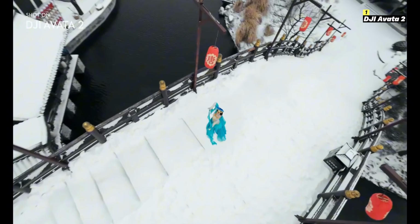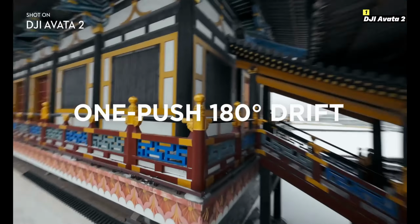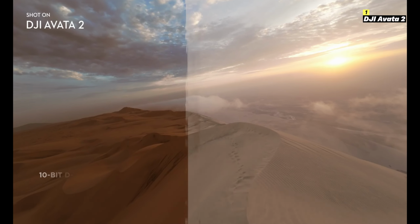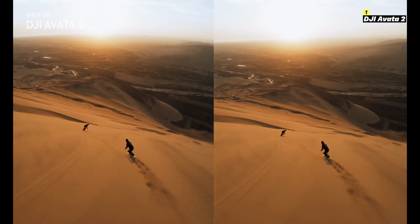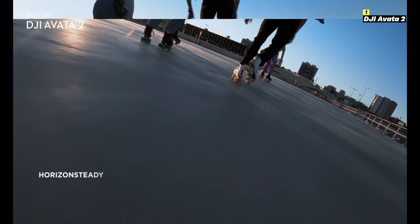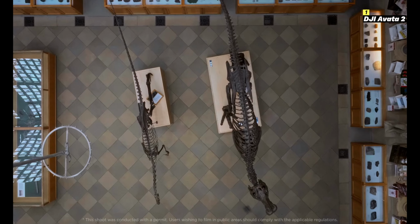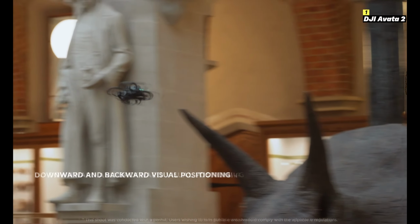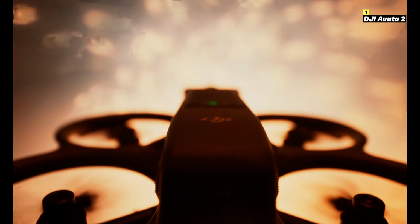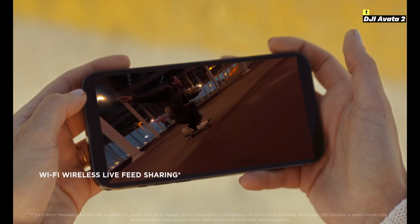for ultra-smooth footage. Whether you're racing through narrow paths or filming cinematic aerials, the Avata 2 ensures your shots are sharp, vibrant, and dynamic. The drone's upgraded transmission system provides crystal-clear video feed with ultra-low latency, allowing for precise control and an immersive flying experience that makes you feel as if you're soaring through the skies. With an extended battery life, the DJI Avata 2 lets you enjoy longer flights, offering more time to explore, film, and perfect your maneuvers. Customizable flight modes allow for a tailored experience, from beginner-friendly controls to advanced settings for experienced